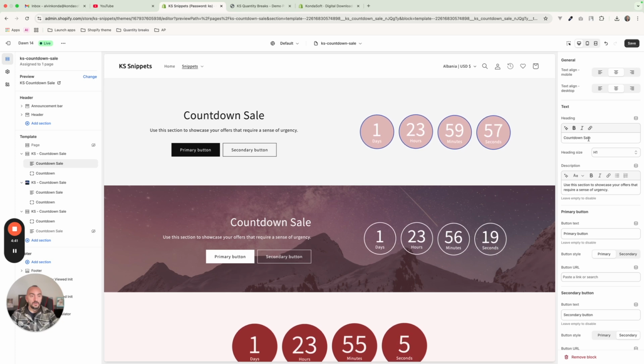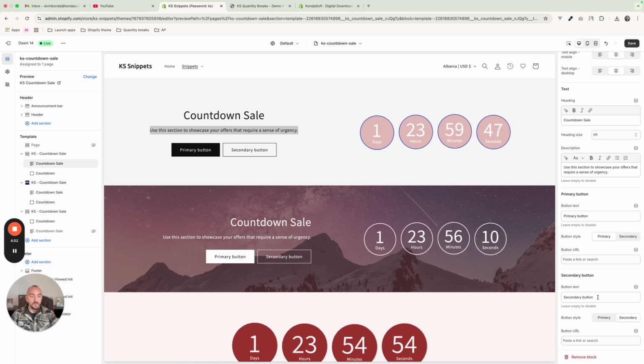Then you have the title and the title font size, the description, and settings for two buttons as well. If you don't want the secondary button, for example, simply leave this field empty. And yes, this should be all for